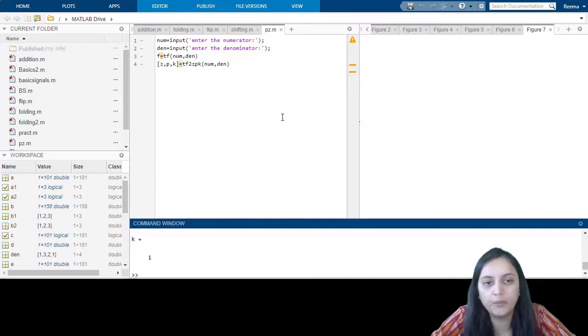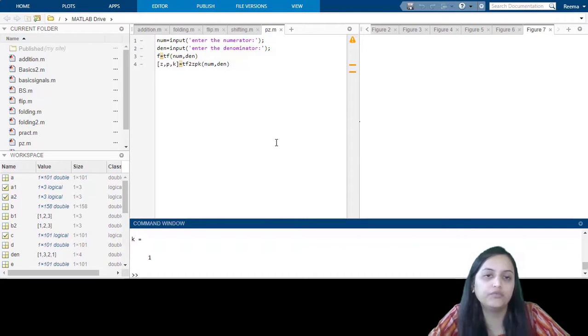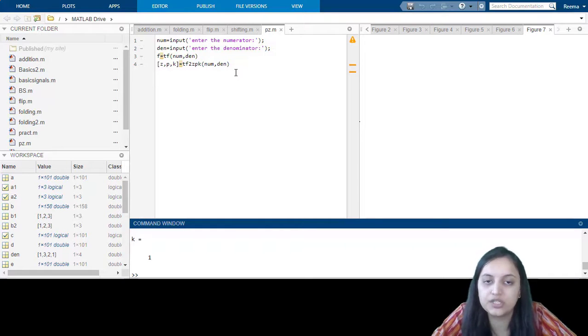So this is how you can obtain the poles and zeros from any given transfer function. Now you can enter any values which are complicated to find manually. This MATLAB code will help to find poles and zeros easily. So this compact code is used to find poles and zeros from the polynomial entered by the user using a MATLAB function. So I hope this is clear and it is easy to use.